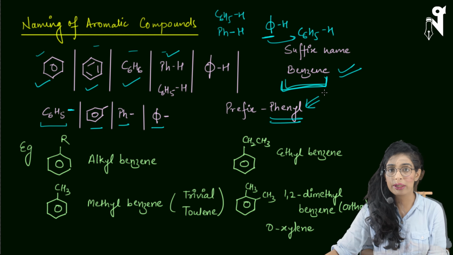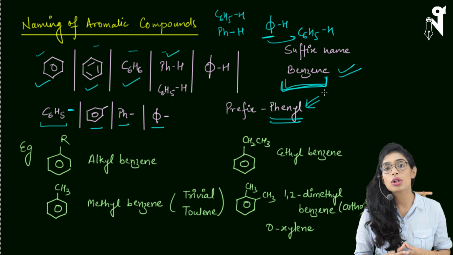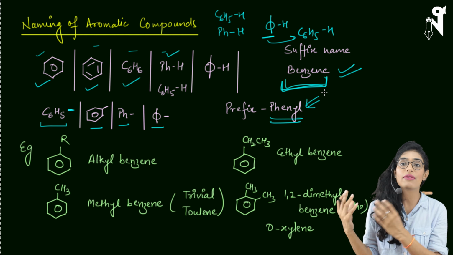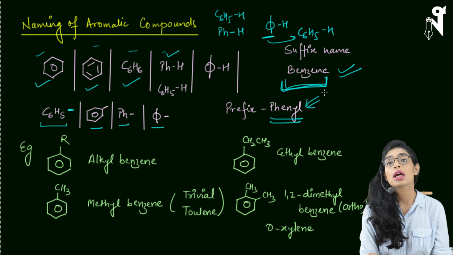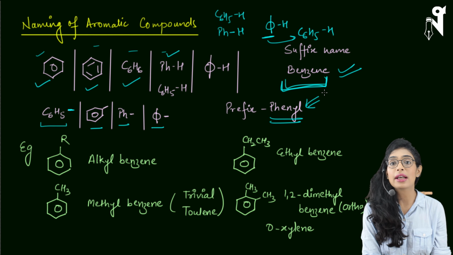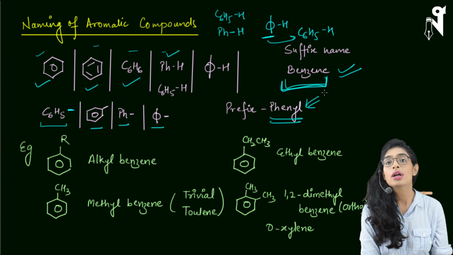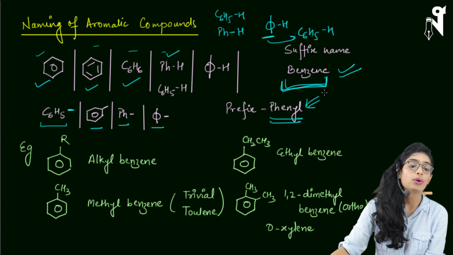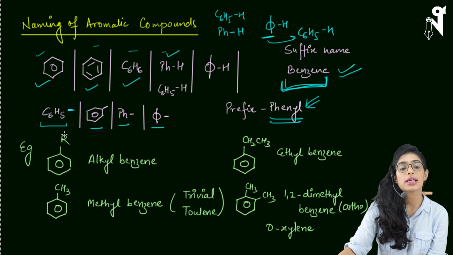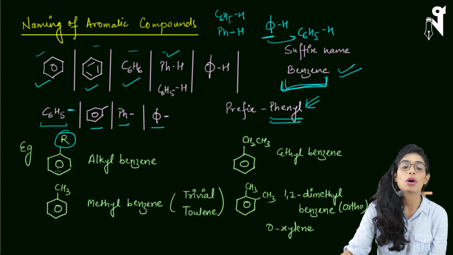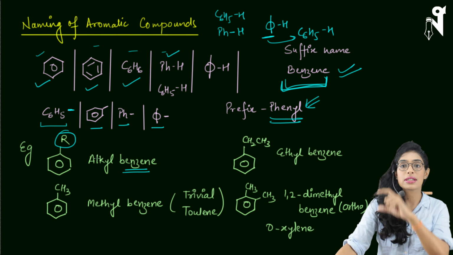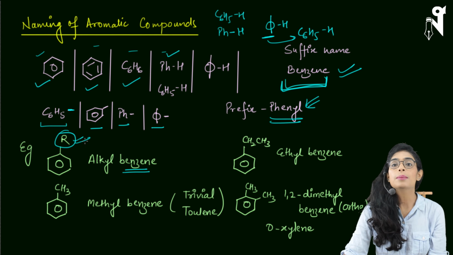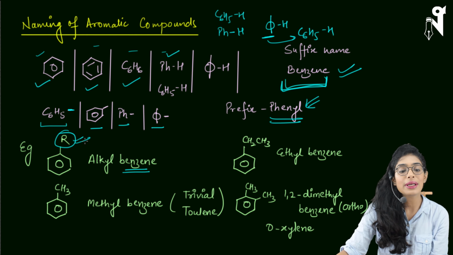So if we have a carbon chain present on the benzene which doesn't have any functional group or any special thing which makes that particular chain a primary chain, or you can say principal chain, in that case benzene will always be your main chain. For example, if you have any R group, simple carbon chains, attached on the benzene, then your benzene is going to be the main chain, and your R group, that means the carbon chain, is going to be a branch. Okay, so the name will be alkyl benzene.